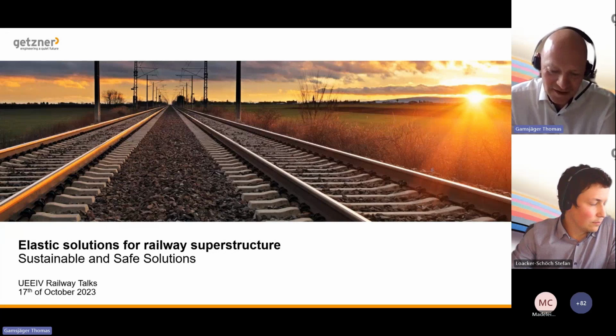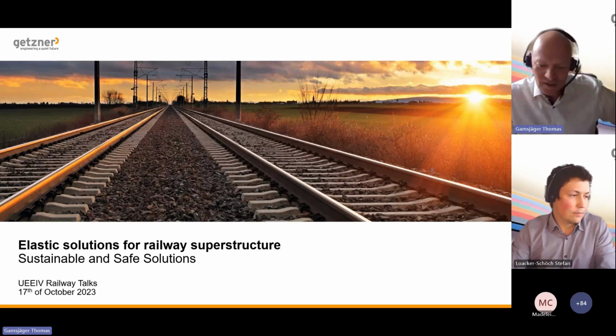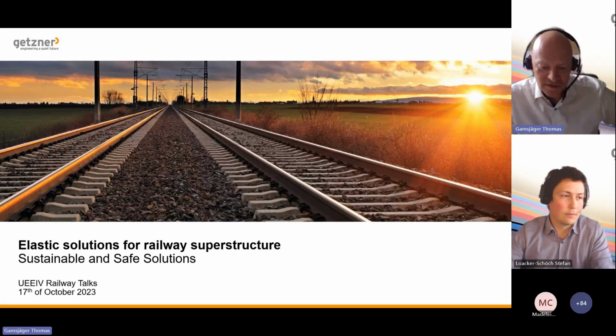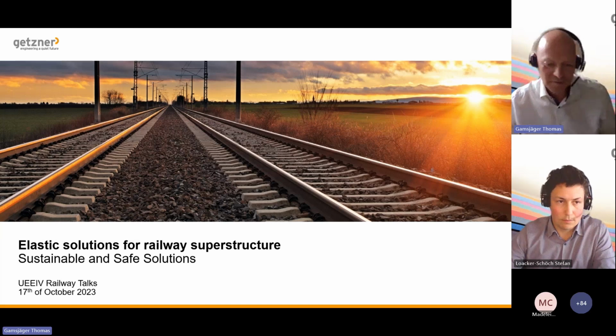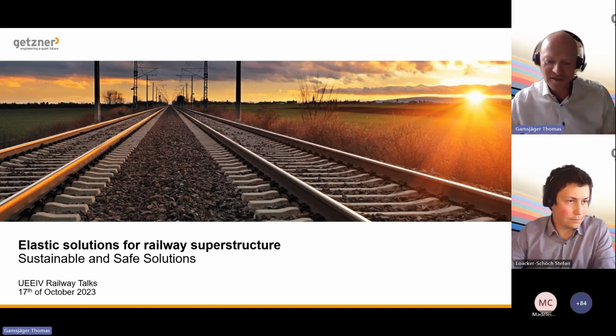Once again, welcome everybody. We'll talk about elastic solutions for railway superstructure today. Our presentation will be on a high and not too technical level, because we know that the group today is really a mixture. We not only have infrastructure managers, we have people from signaling, we have people from rolling stock. Our intention today is giving an overview, talking about general principles, advantages, benefits, some references